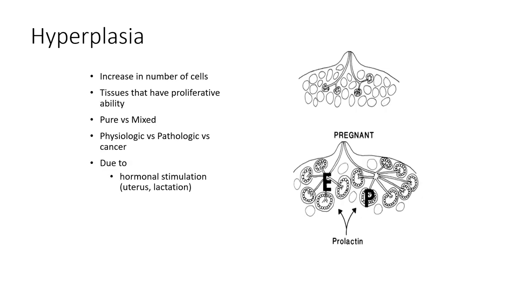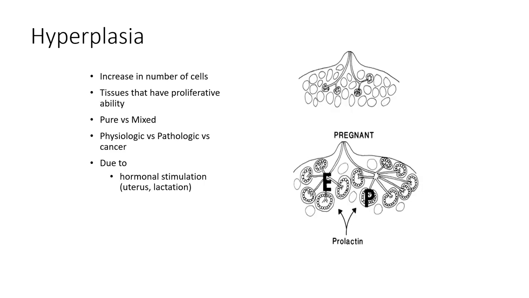Now, what are the causes of hyperplasia? It can be hormonal stimulation. One example is the uterus during pregnancy, and we talked about it in detail. Another example is the lactation effect on the breast. During pregnancy and during lactation, the prolactin hormone increases. The prolactin has an effect on the glands of the breast